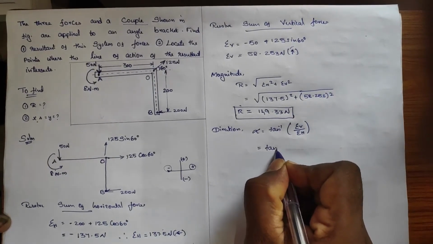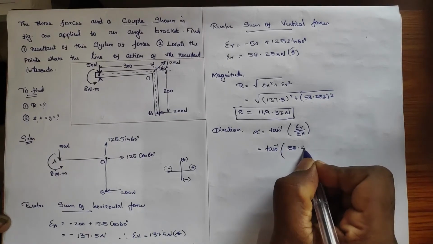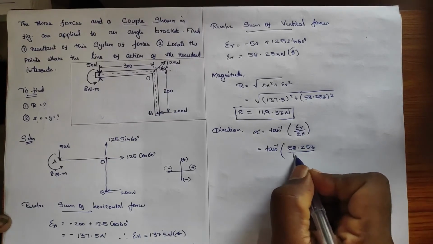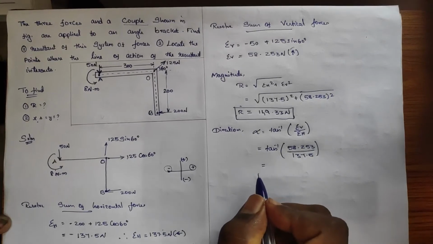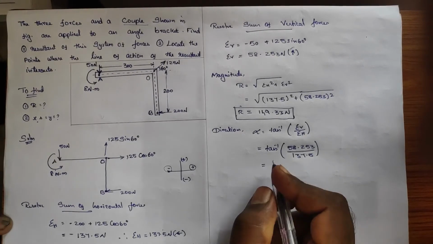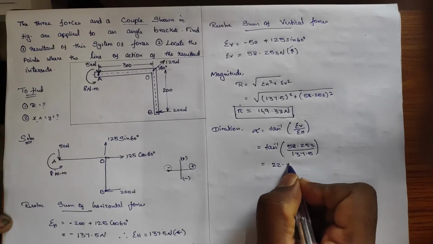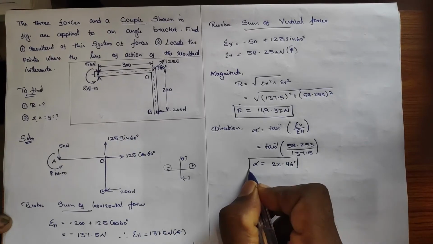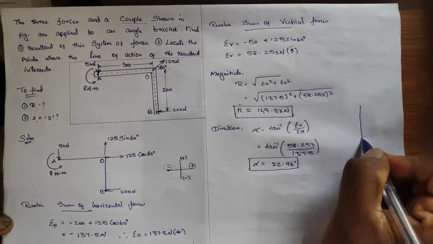So tan inverse of summation of V, the answer is 58.253 Newton divided by 137.5 Newton. So that you will get the alpha answer: 22.96 degree. So this is the answer for alpha. Once we got the alpha, we just